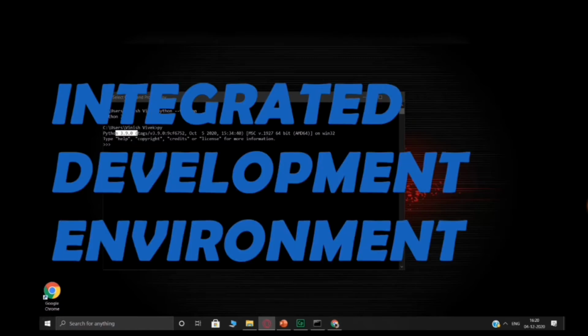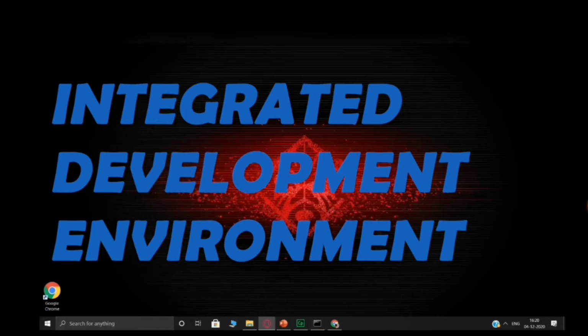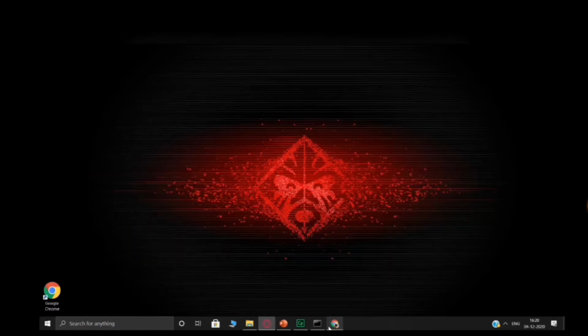An IDE stands for Integrated Development Environment. When I talk about an integrated development environment, we're talking about a software application that provides the computer programmer a certain facility or many facilities to develop software.